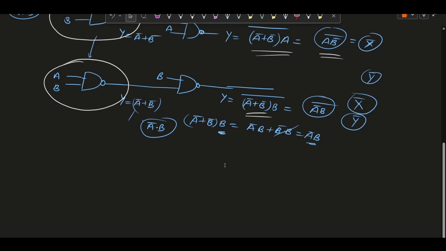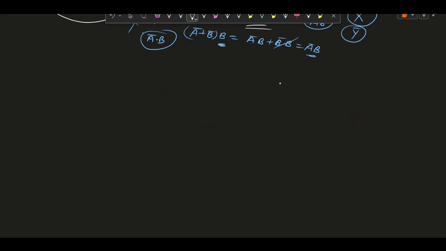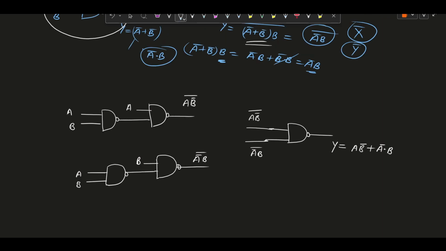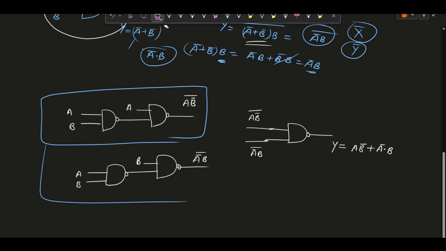Okay. Now let's connect these three circuits together to make the complete XOR gate. So these are our three circuits that we have implemented individually. Now we will connect these three circuits together to make the complete XOR gate. So this is the first one. From here we are getting x complement, that is nothing but a into b complement whole complement, and here we are getting the y complement that we have discussed in the starting only.